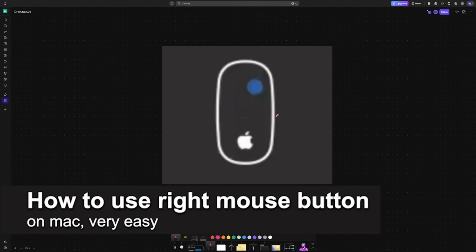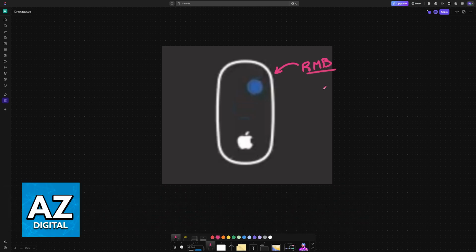In this video, I'm gonna teach you how to use the right mouse button on a Mac. It's a very easy process, so make sure to follow along. If the right mouse button on your Mac is not working as you feel like it should, then you will be able to customize how it works. In this video, I'm gonna teach you how to access these options and allow you to customize your experience so